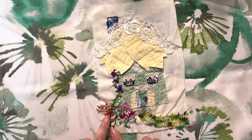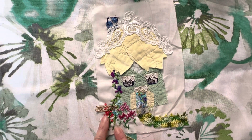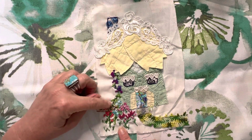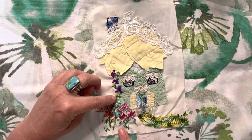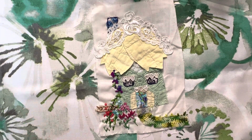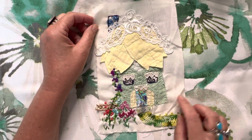I used to have a rose that was a real deep peach. It was called a Tropicana. And then I have blue for the hydrangeas, and then these are vining up, and I had thought they might be clematis, but I don't know. Some of them look like irises, so they're a little fairy flower, is all I know about that. But I really liked the way my walkway came out,